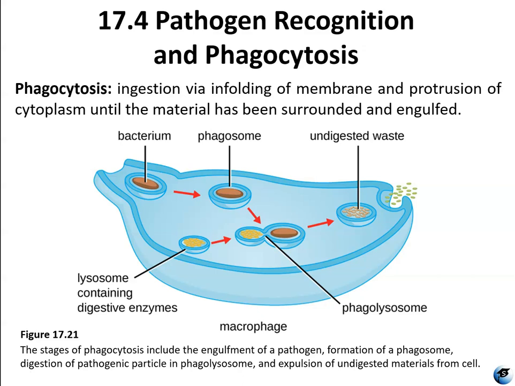Chemotaxis is the movement of a cell toward a chemical stimulus. If it's moving toward a chemical stimulus, this is positive chemotaxis. Movement of a cell away from a chemical stimulus is called negative chemotaxis. In the case of phagocytes, positive chemotaxis involves the use of pseudopods to crawl toward the microorganisms at the site